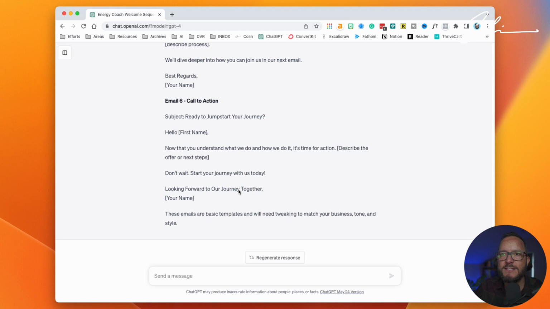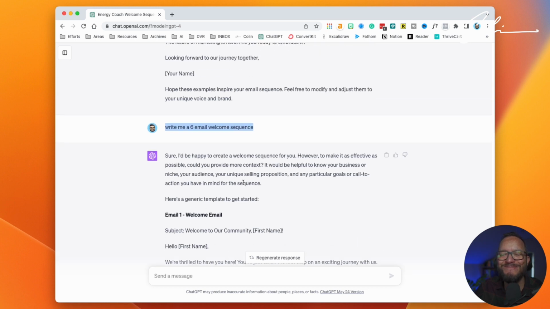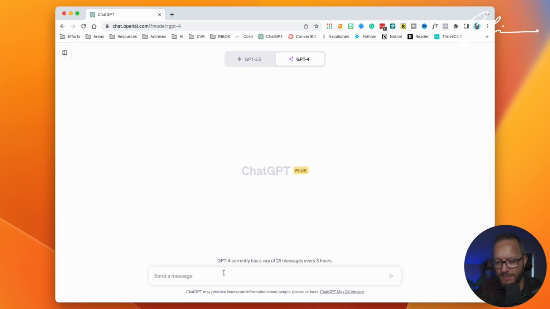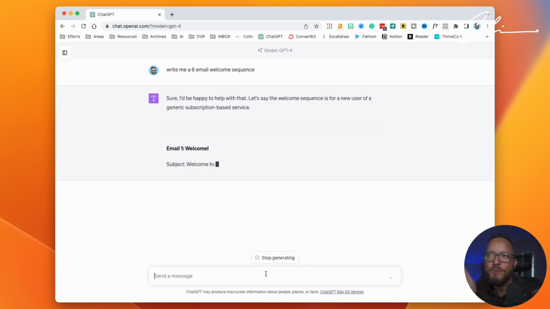And when I've just asked it to write an email sequence, it's using that same structure that we've given it. So if we start a new chat, and this time we just say, write a 6 email welcome sequence, now it doesn't know that structure, so it will come up with its own structure.